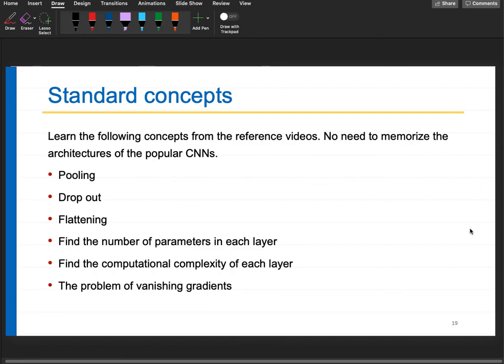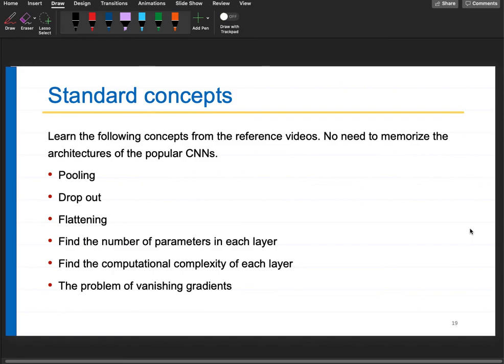You have, let us say, got 5 numbers, you want to pool them and get a single number, you can either average them out or take the max, right? Based on that, it will become either average pooling or max pooling. So pooling just means you reduce multiple numbers into a single number. Either take average or max or min, whatever you want, that is called pooling. Then dropouts, you already know. Then flattening, we already discussed. You have a tensor, you convert it into a single vector, that is flattening. And the number of parameters in each layer you can compute very easily.